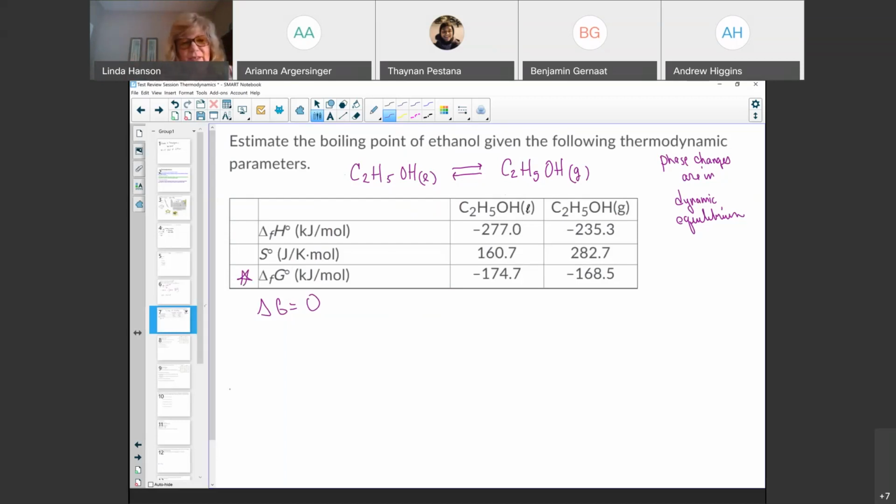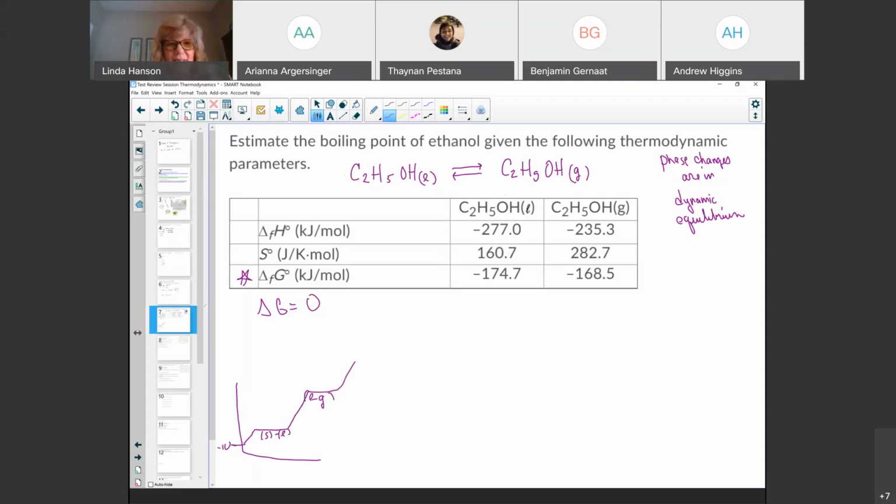And if you remember, even when you did phase changes, when you learned about intermolecular attractions in Gen Chem 1, let's say you're at -10 and you start warming up water and then it plateaus, and then you warm up the liquid and it plateaus. Going from solid to liquid is this plateau. We had the liquid to gaseous phase in this plateau. Those are in dynamic equilibrium. So there's no temperature change.